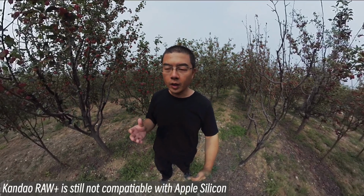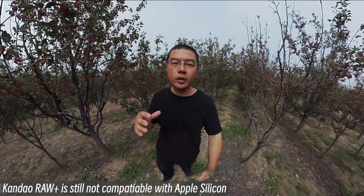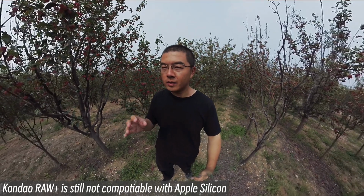You guys know that I am a Mac OS user. I've just switched my laptop to the M2 Max, and at this moment, the Kandao RAW Plus is still not compatible with the latest Mac OS on Apple Silicon. That is quite a limitation for me, especially as I am very experienced with the DNG8 methodology. Maybe in the future, they could put the RAW Plus back into the QooCam 3 once again, just like they accomplished in the QooCam 8K, which delivered the stacking inside the camera and the 60-bit DNG high-quality